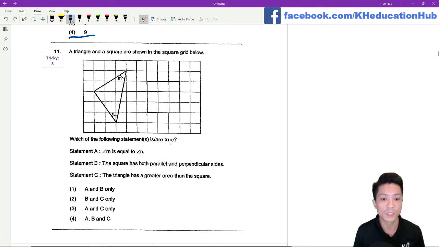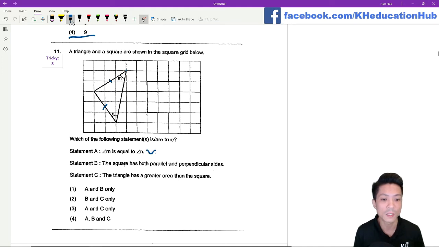Now which of the following statements is true? Statement A says that angle M is equal to angle N. Now we need to check if this is an isosceles triangle. How do we check? Look at the length. The diagonal is across a 3 times 2 rectangle, right? This diagonal over here is also across a 3 times 2 rectangle,